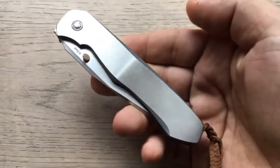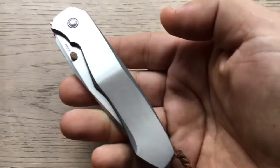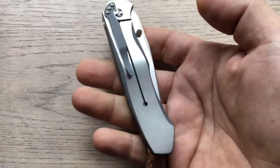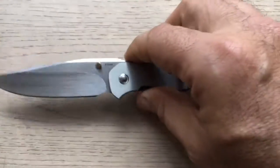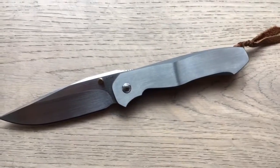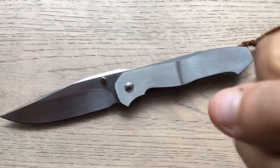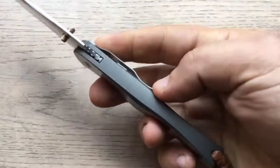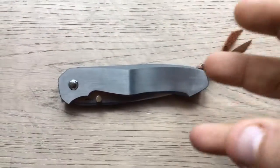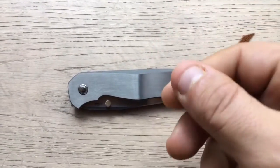So here we have a full custom knife made by a single man, Scott Cook. And first of all, it's an integral build. You don't have that many makers that do integral builds. You have basically him and Peter Assanti, Dalibor, but the build is different. Dalibor is going to be more sturdy, strong builds. I was going to say the more refined, but don't get me wrong, the quality is the same for me, but it's more